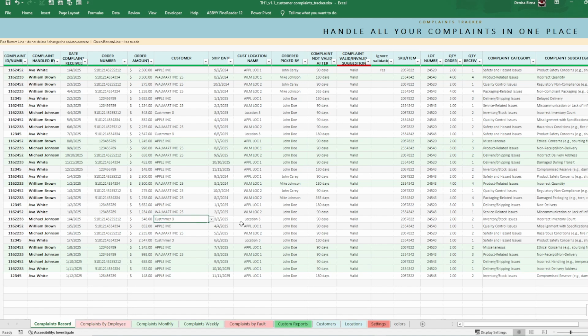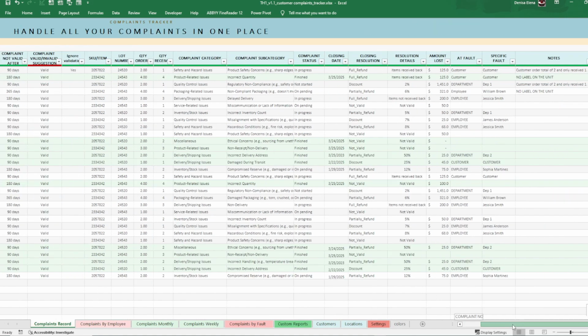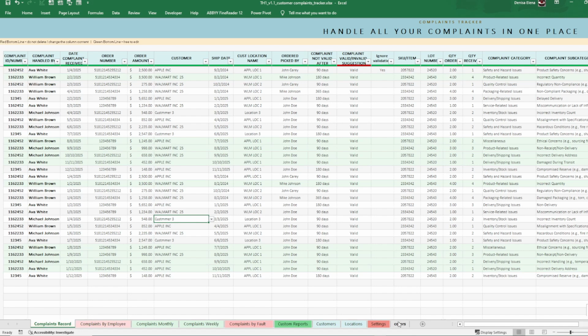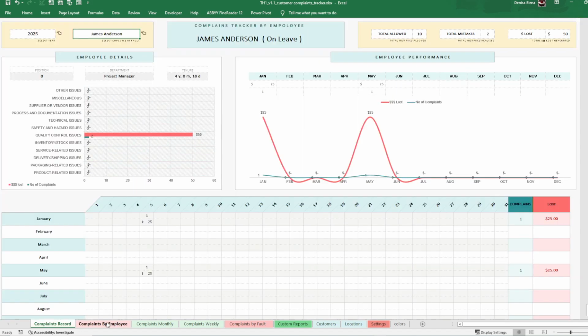all your complaints. You have a very comprehensive tab for the complaints. You have all the necessary data. You have to record everything here, all in one place, and you have nothing to do and nothing to worry about with the other tabs. I'm going to present every tab, what it is doing, how it is looking, and every feature of it in the next videos, but this I want to keep short to present you everything this